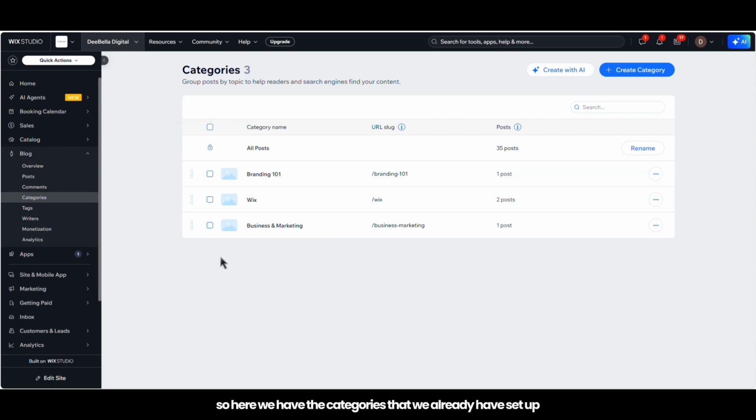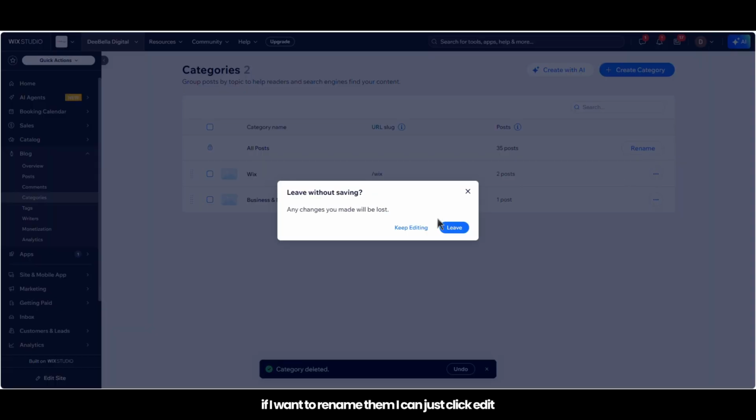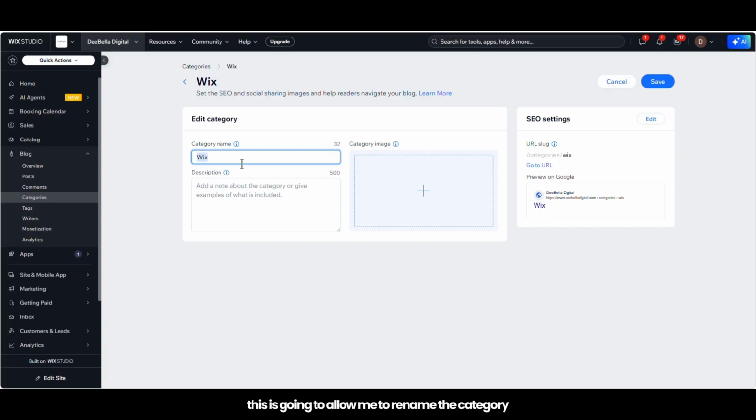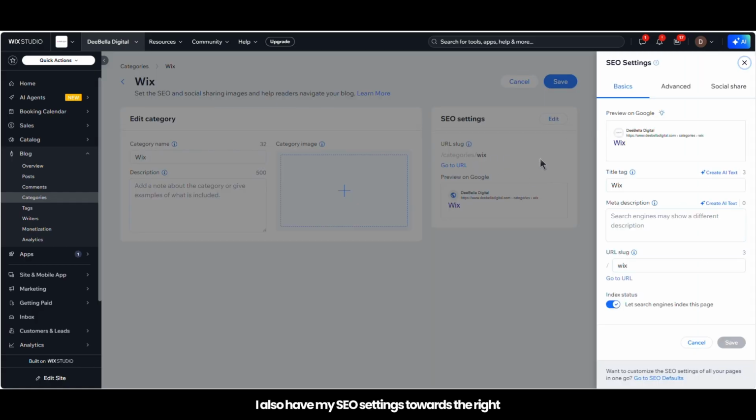So here we have the categories that we already have set up. If I want to go ahead and delete categories, which I don't mind doing, I can just go ahead and click delete. If I want to rename them, I can just click edit. This is going to allow me to rename the category, add a description, and add an image. I also have my SEO settings towards the right where I can add a title tag, my URL slug,